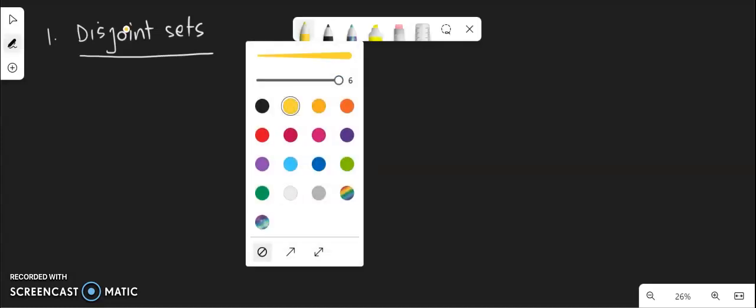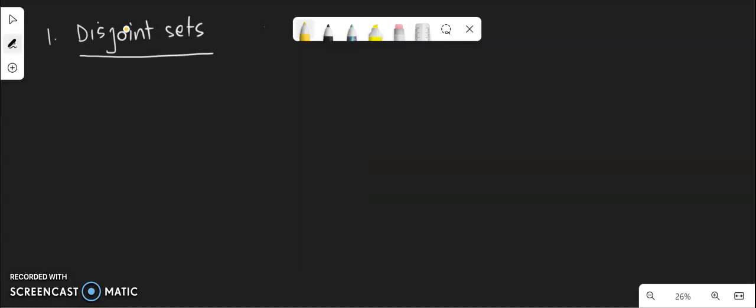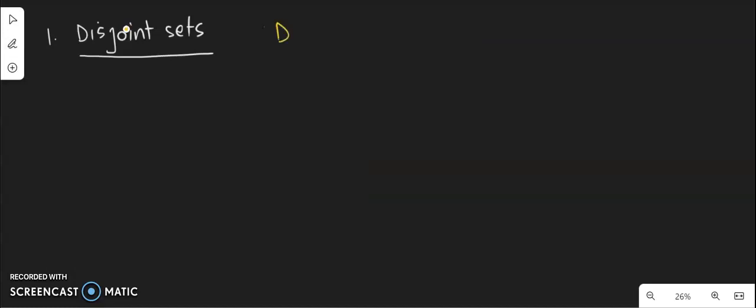Alright, in this video we will be talking about disjoint sets. That is one thing, disjoint sets. And then I'm going to talk about the difference of sets, difference of two sets. That is the first part which I'll be talking about. And probably in the second part, I will be talking about what the difference of